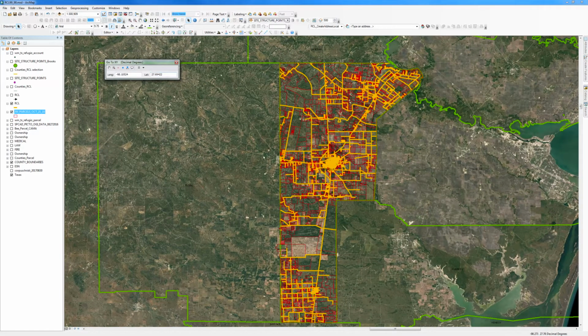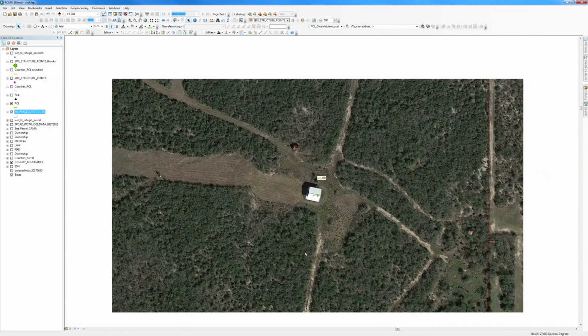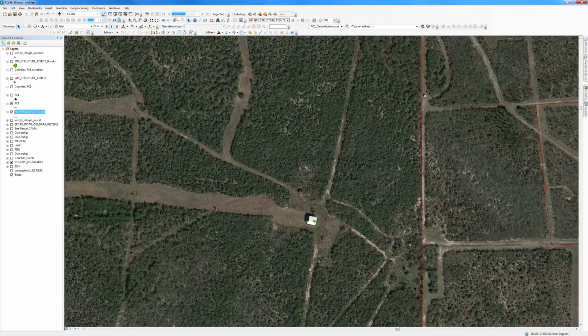Now, as you can see, we are very far zoomed out. So I'm going to go up to the toolbar once again, and I'm going to change the map scale to 1 to 1000. Now that we have located our structure, we're going to add a point, which is on the XY tile. Now, once we have added our point for reference purposes, we can then scroll out and look for our